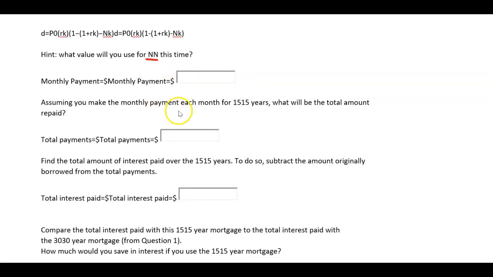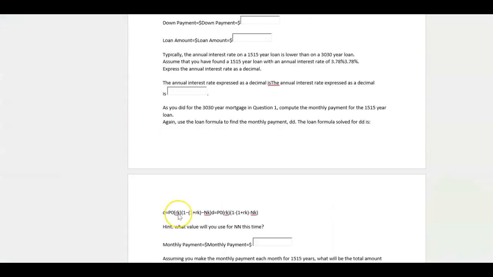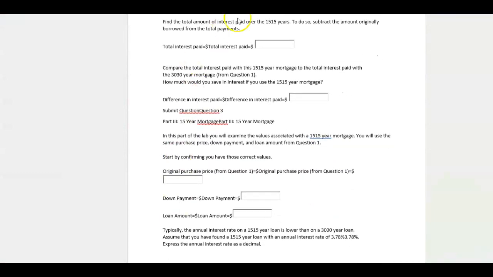And then you'll calculate this. All right. Then, assuming you make the monthly payment, what will be the total amount repaid? So you can see you're just doing something similar to what you did in part 1 here. So yeah, figure this out. I would look at your work that you did for part 1 and use that to help you with these